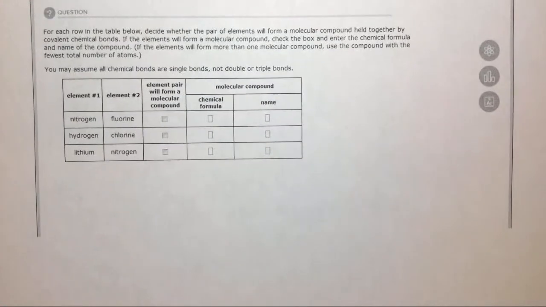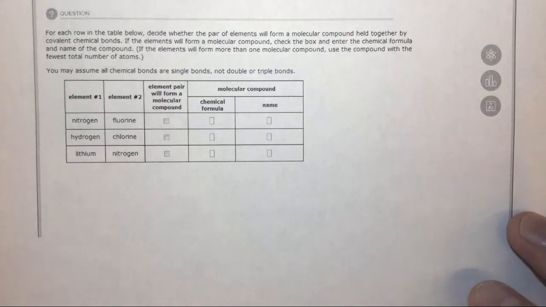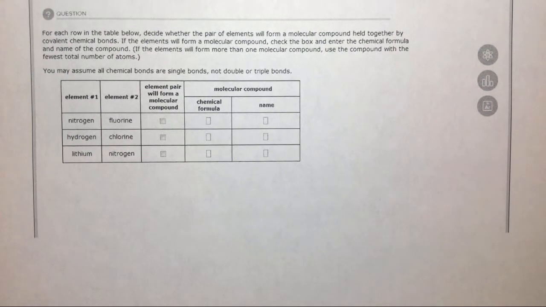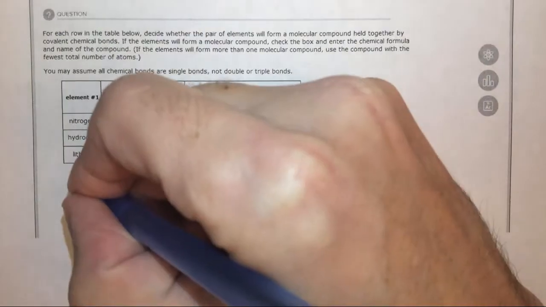Now, there are some general rules. To be frank, I would prefer not to use these general rules. I'd prefer to allow you to see them on your own. However, I do want to show them here because they're necessary to solving this particular problem. So some general rules are: hydrogen